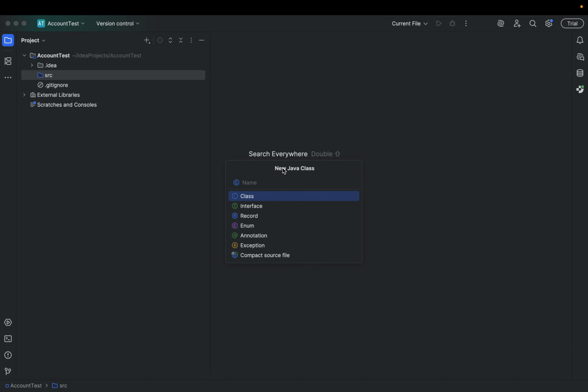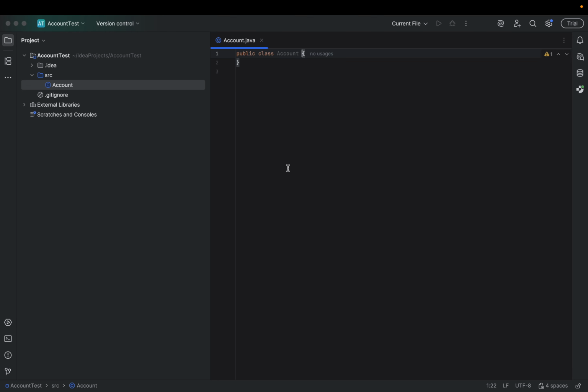So I will write the name of the class that I want to create. I want to create my own class. For the first time, we will have a program that has more than one class: the main class that has the main method plus another class. Let's start with the other class, which we call account. So I want to make a class account. In this class, I want to write